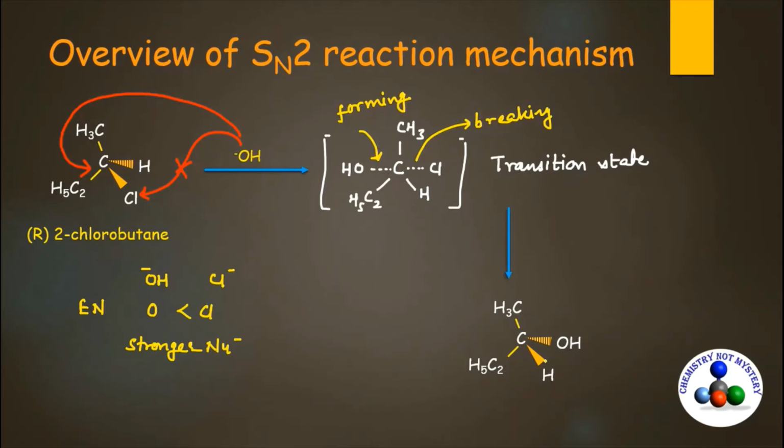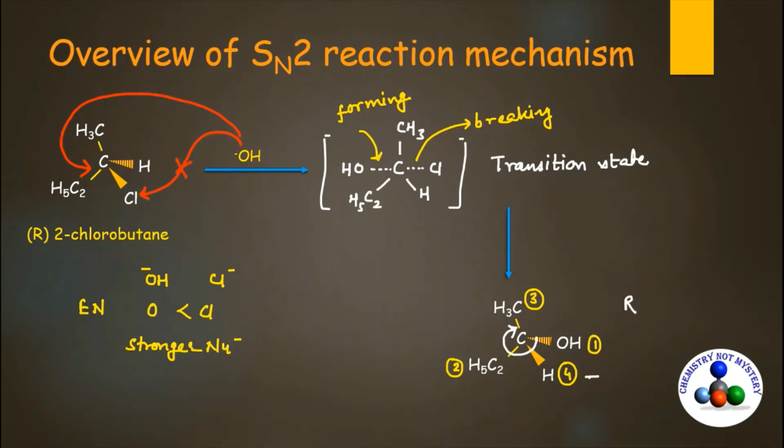First try to find out the RS configuration of this molecule. First you have to assign the priority to the groups bonded to chiral carbon on the basis of their atomic number. So OH will get first priority, ethyl second priority, methyl third priority, and hydrogen will get the fourth priority. Now we have to draw an imaginary arrow from first priority to second priority, and we can draw past fourth priority but not the third priority. So in this way you will get an arrow in the right direction. So the configuration of this molecule should be R.